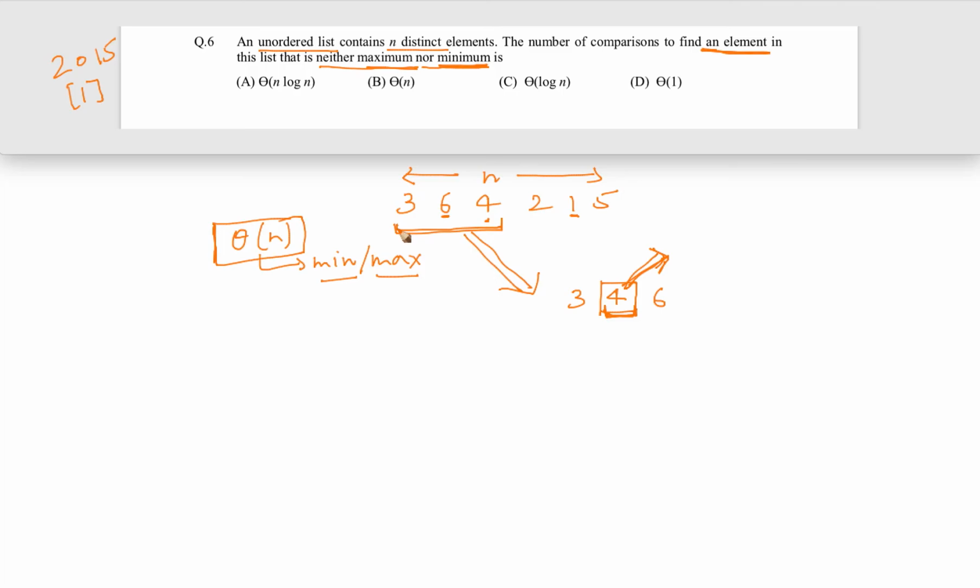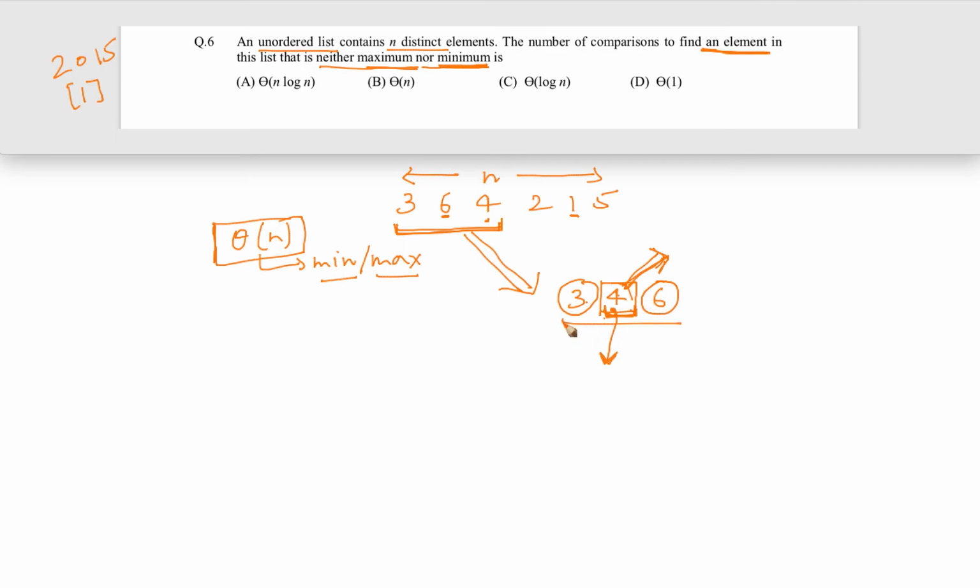But once we take the first 3 elements and sort them, then when we find the middle element, definitely we know that there is one element which is smaller than this middle element, and that's why it is definitely not the minimum, and there is an element which is bigger than this middle element, and that's why it is definitely not the maximum element.